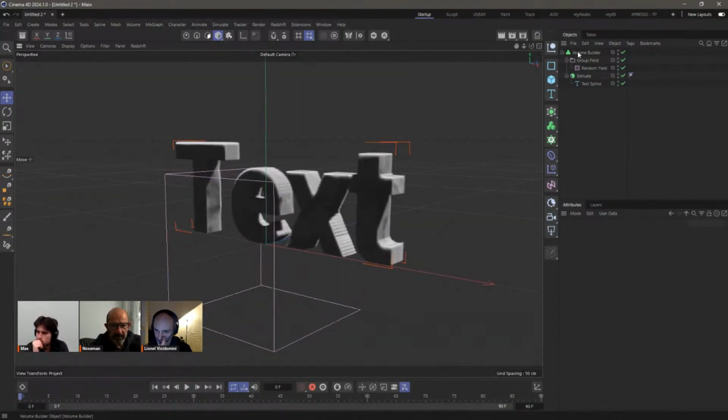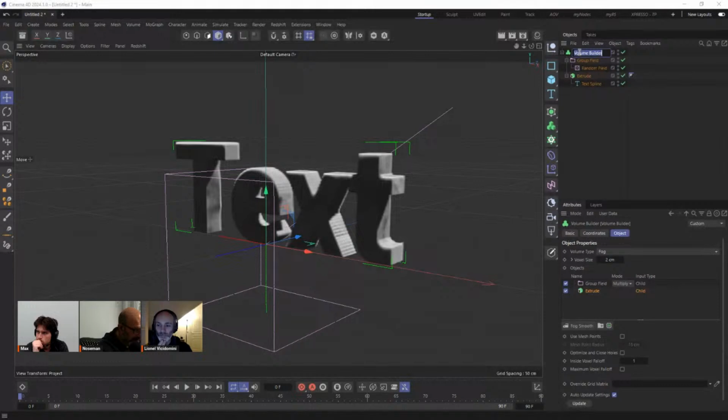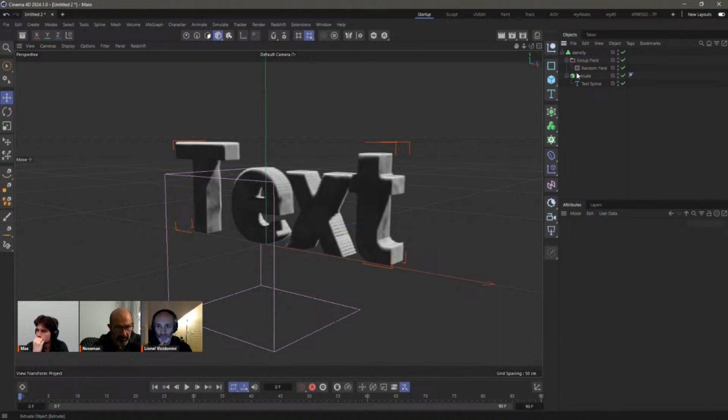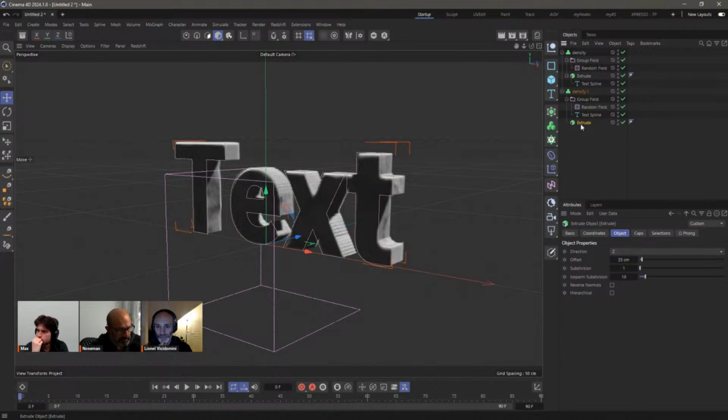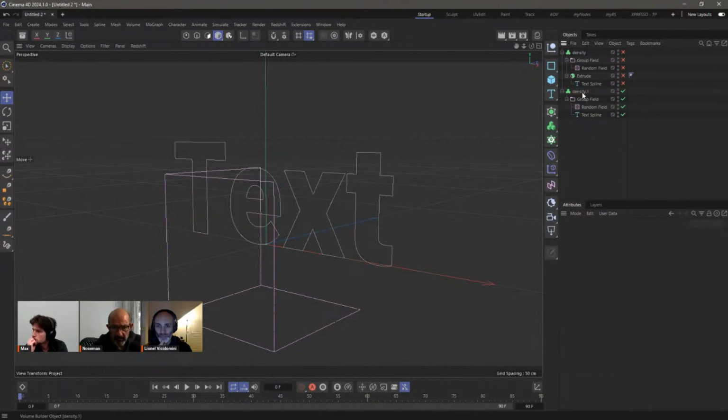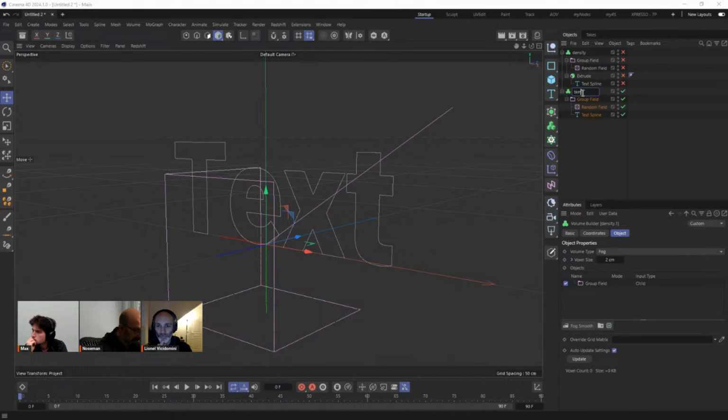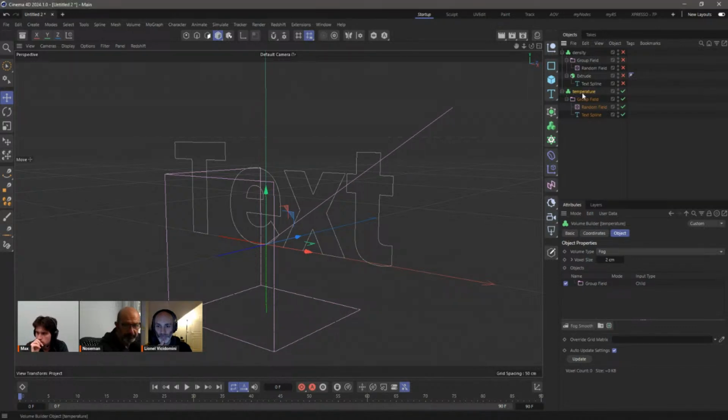Okay. Now, I can name it whatever I want, or I can name it density. Now, if I name it density all lowercase, something is going to happen quite soon. I'm going to make a second one of this. And this one, I'm going to put just a spline. I'm going to turn these off because I want to focus on this. I'm going to call this temperature. And again, you can name it whatever you want.